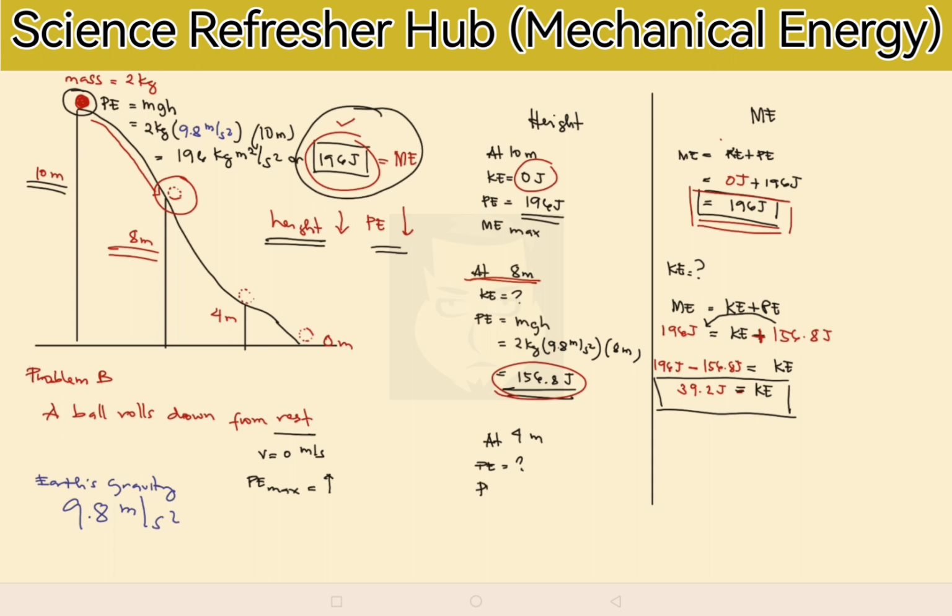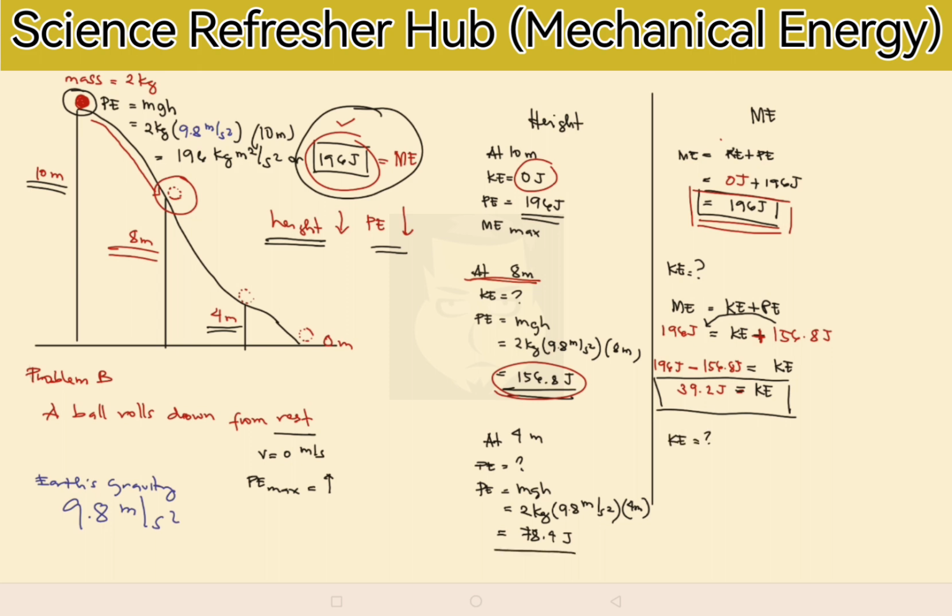So our formula will be mgh. The mass is the same, 2 kilograms. Gravity is constant on Earth, 9.8 meters per second squared. And the height now is 4 meters. Plug it in your calculator. 2 times 9.8 times 4. The answer is 78.4 joules